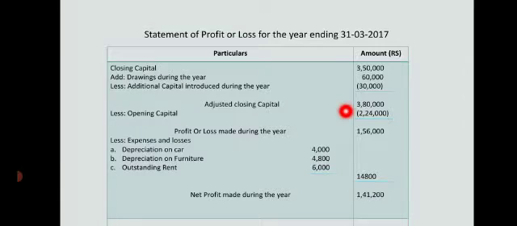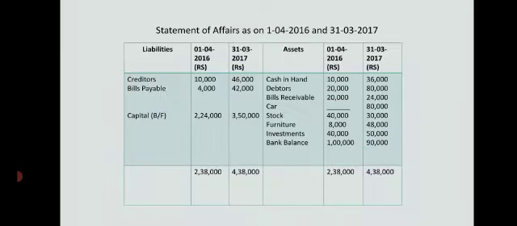The second statement which we are going to prepare is to find out profit or loss. So we call it as statement of profit or loss for the year ending 31st/3/2017. So particulars, amount in rupees. As I said, statement of profit or loss starts with closing capital and ends with either net profit or net loss, right? So we have already found